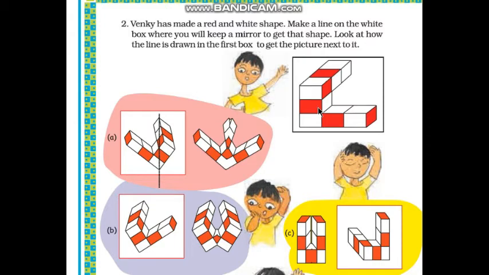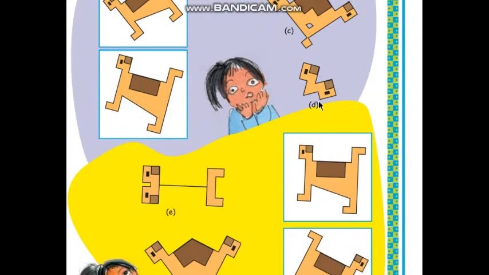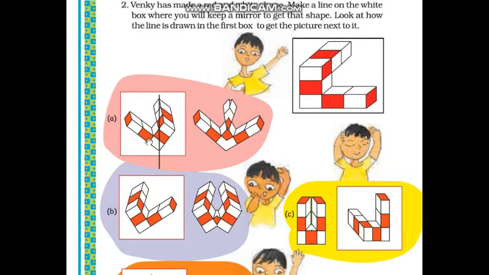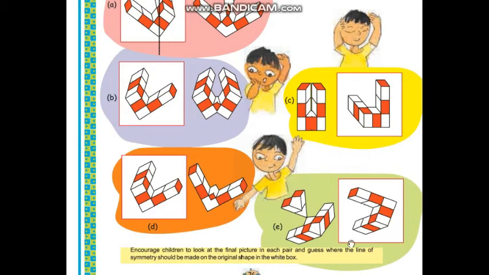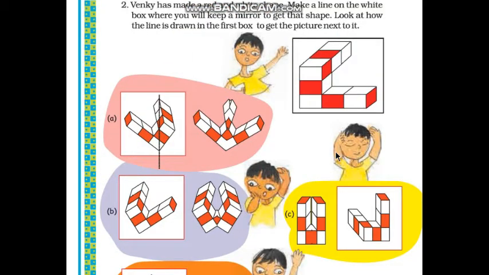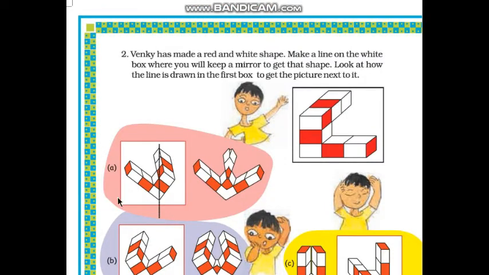So children, this is also one part of the mirror game. This is the second question of the same topic, mirror game. Here also we have to do the same as we did in question number 1. So let's start. The first one is already done. One line is drawn in this first box. This is the first box, this is second, third, 4 and 5. So 5 boxes are given, and in the first box the line is drawn to get this picture